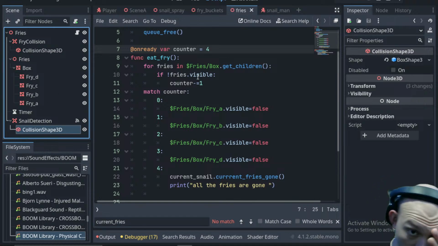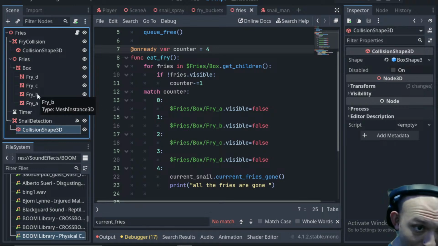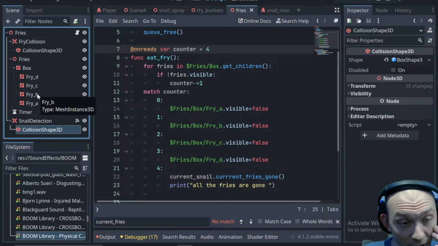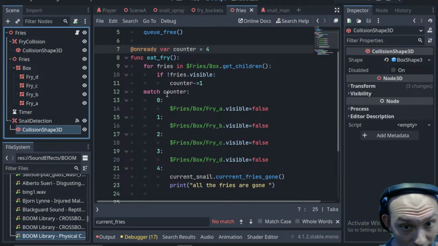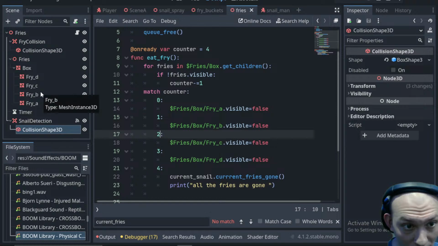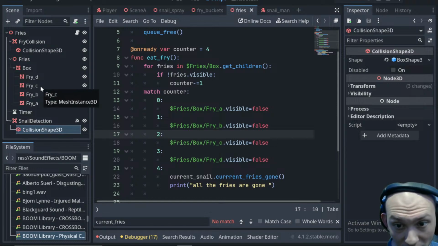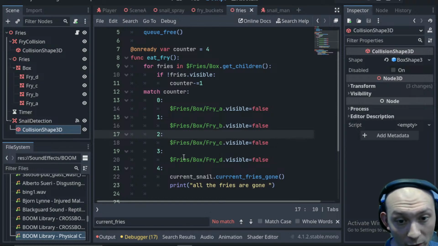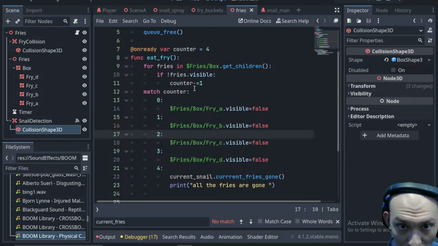We're checking which ones are visible. Our counter's at 4, so if we have, let's say we got 2 of them missing, we'll have a counter that is 2. So then we'll have this right here. So, frybox C would then be visible equal false, which would mean we've already been through these 2. So